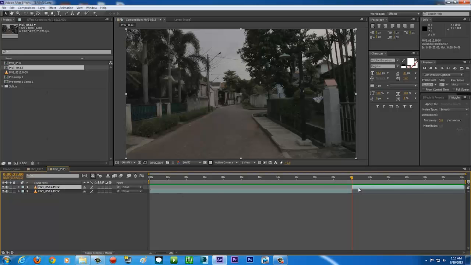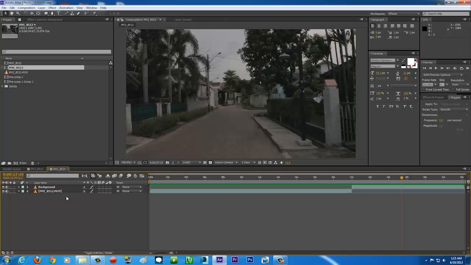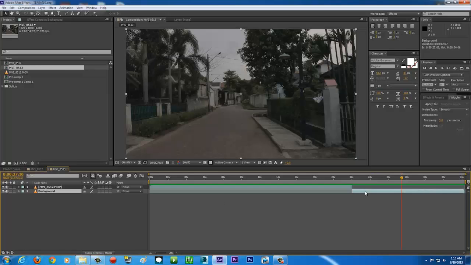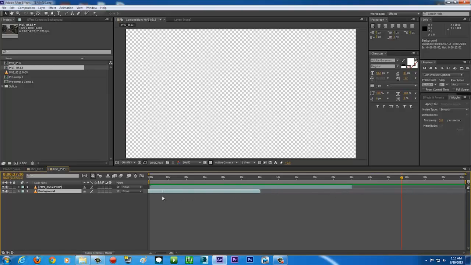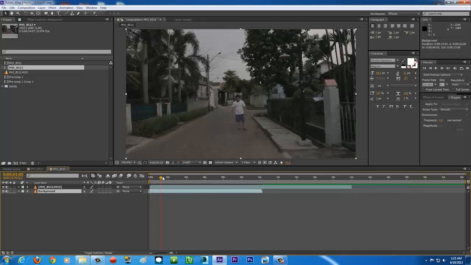So this top area here is for the background. So we're gonna rename it, right? So right click and click Rename. I'm gonna call it Background. This is for our background, and because this will be our background, we're gonna put it below everything, and then we're gonna move it just like so. So basically this video is gonna be right at this point, and there you go. We've already created our background, and now we're gonna create the effect,